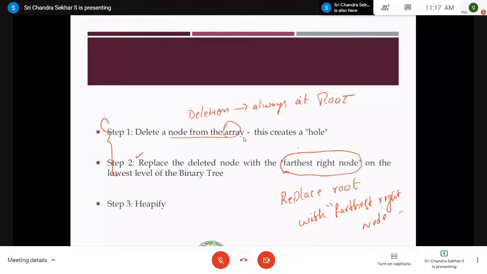And that farthest right node should be on the lowest level of the binary tree only. Very important: farthest right node of the lowest level. This point you have to remember. So the deletion operation is a very crucial step. For deletion operation, we have to replace the root node with the farthest right node of the lowest level, and then you heapify it. Let me take an example.